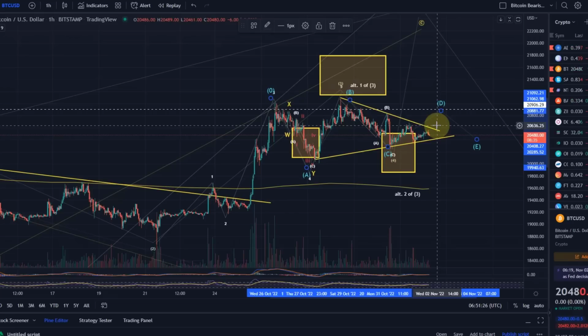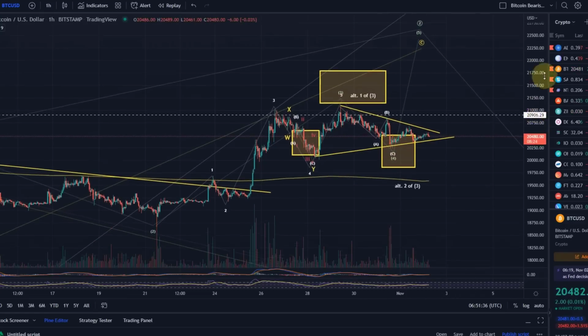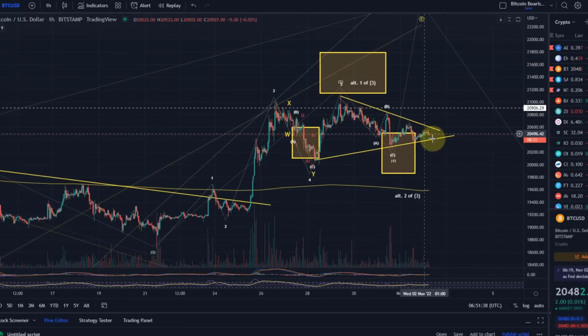It doesn't need to be counted as a triangle, but still, again, be aware of the pattern, be aware of the trend lines here. My view at the moment is that this here is a wave 4, which would move up in a wave 5 of C of 2. But again, there are also different interpretations possible that we talked about, but most of them, or all of them, point to short-term upside potential.